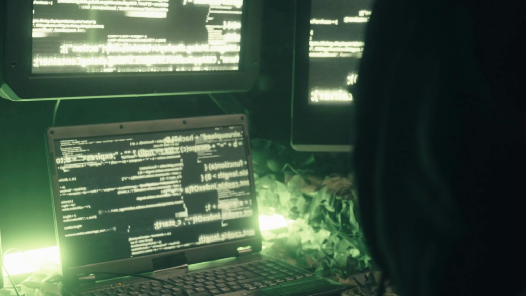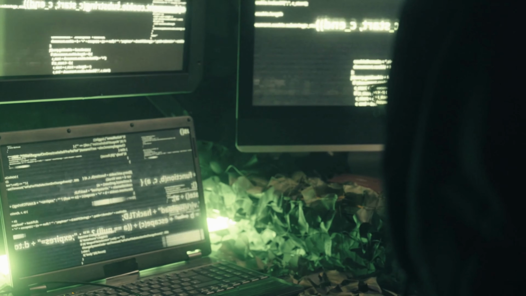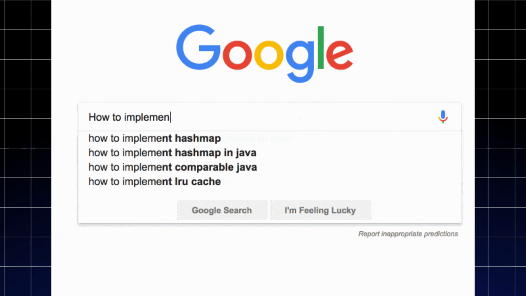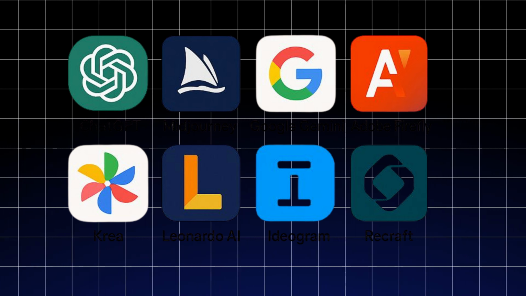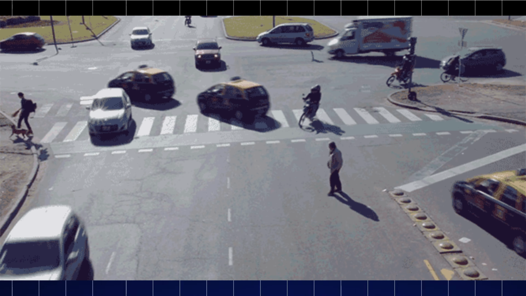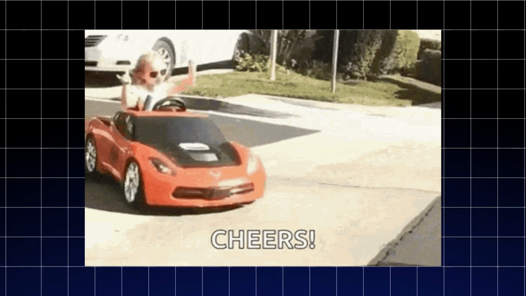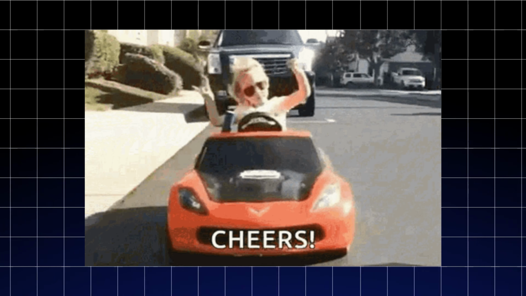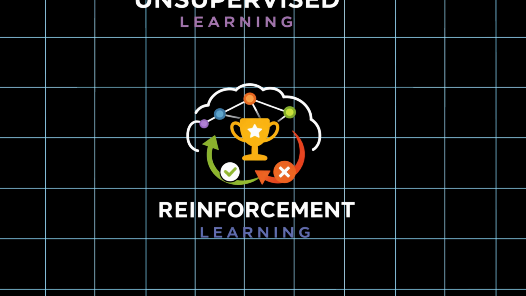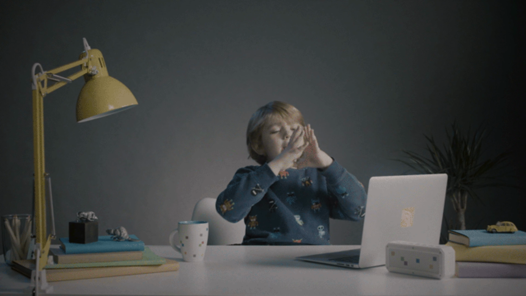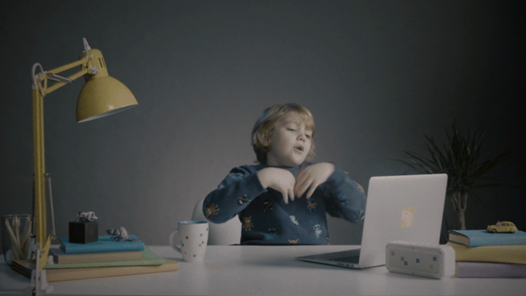This method shows up in massive models like transformers and language models, the ones that predict the next word. It's behind GPT LLMs, DALL-E, and those smart cars still learning what a stop sign is. It's smart, self-driven, and 100% sure it's changing the world. But when you stop letting it study quietly and start rewarding it for trial and error, that's when reinforcement learning takes over. Reinforcement learning is what happens when you teach an AI through trial and error, reward it when it